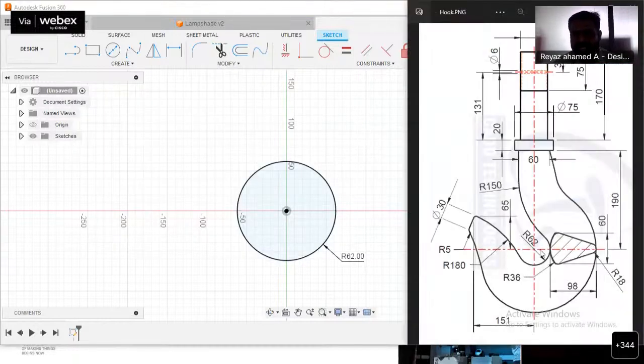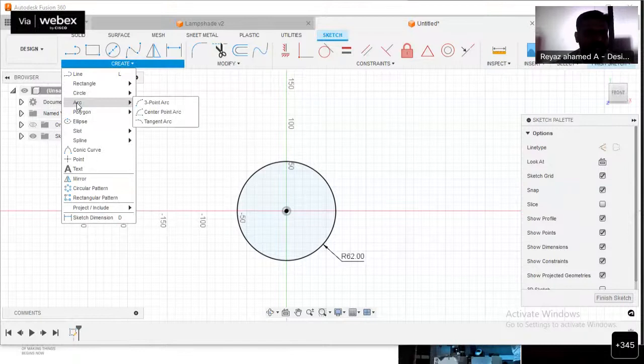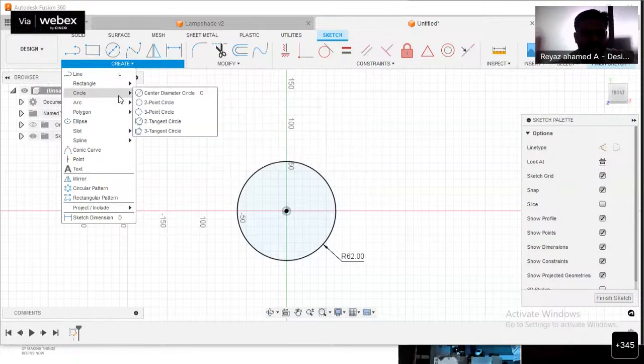So this part I have created, and then I have to create an arc over here that should be tangent to the circle. Go ahead with Alt tab and then move to Fusion 360. Go ahead with the create arc option. This time, which option? The same kind of option, the 3-point arc option itself, we can use it. Or else we can go ahead with the circle option, either arc or circle. I can go ahead with the circle option because that is convenient for me.